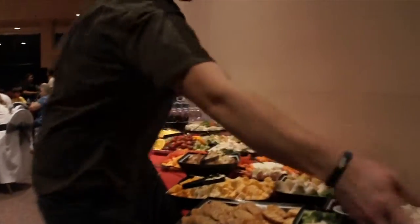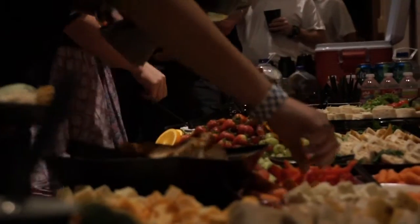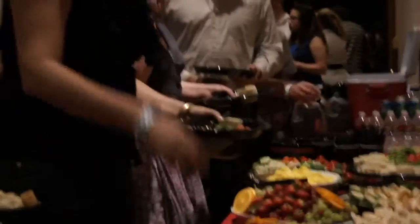Well, you want to set it up so that it's inviting. You don't want people just to skip straight through to something, or you don't want to put the heavier, more meaty items or more expensive items right at the front, because a lot of people tend to hit that really hard, take all those, and then there's nothing left for anybody else except for, you know, the less expensive things, the things that people don't eat on as much, fruit items, just veggies, or if you have nuts or little things like that. So we usually try to put the chicken wraps or the heavier items at the end, and